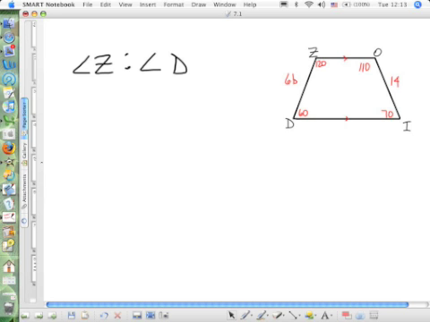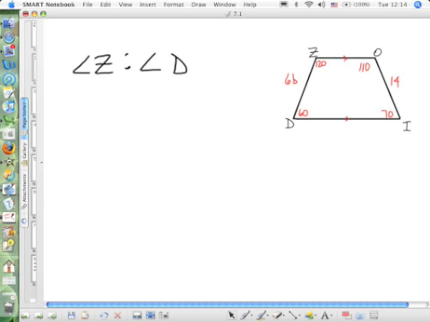Okay, let's do a little review real quick, and this will be like a little lesson for those of you who weren't here. Let's talk about a trapezoid. How many sides does a trapezoid have? 4. So that means it's called a quadrilateral. How many pairs of parallel sides does a trapezoid have? Only one. What are those parallel sides called? The bases. The non-parallel sides are called